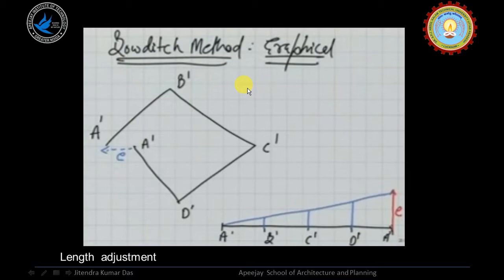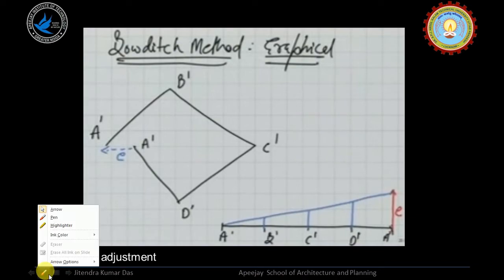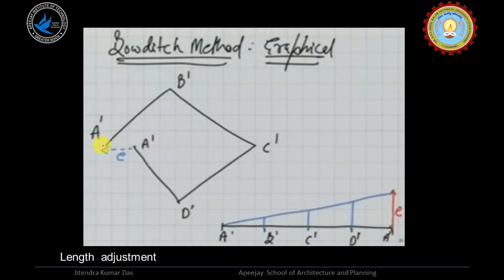And now suppose you have a certain amount of error. So what will happen in that case, when you try to make the map with the help of that surveying? You will represent line AB as A dash B dash, and there may be a certain amount of error, and the BC line will be represented as B dash C dash with some more error, and similarly C dash D dash, and again DA as D dash A dash.